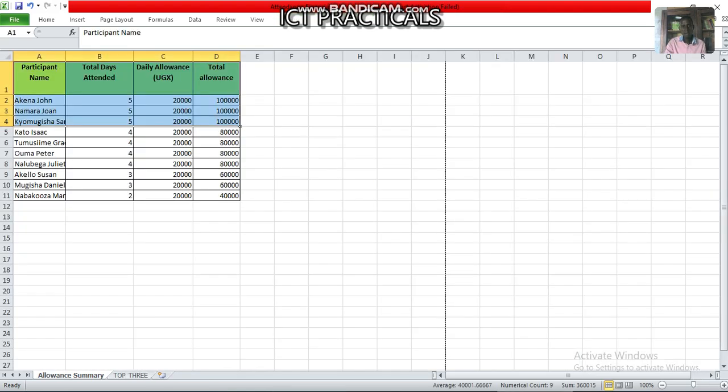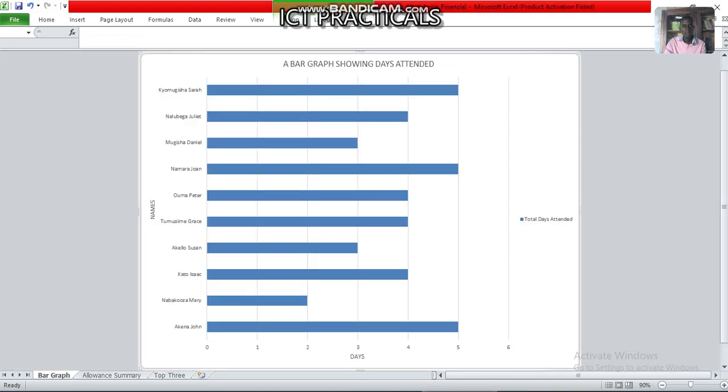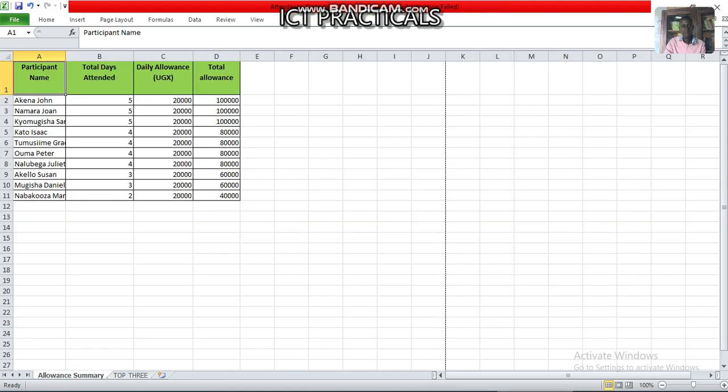Let me do it here. I first highlight, then use the participants column. Then I use the